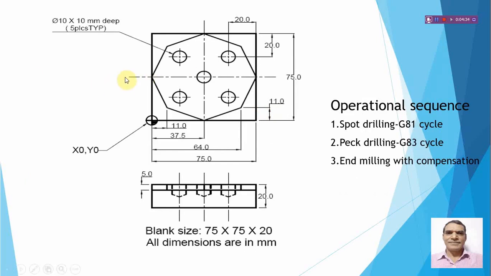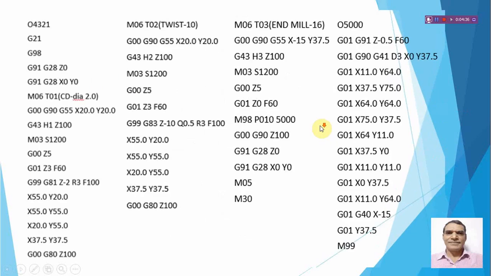Simply calling the subprogram by using M98 P0105000. 5000 is the subprogram number. This is the main program and this one is the subprogram. Simply calling the subprogram. Here P010 is there, that means